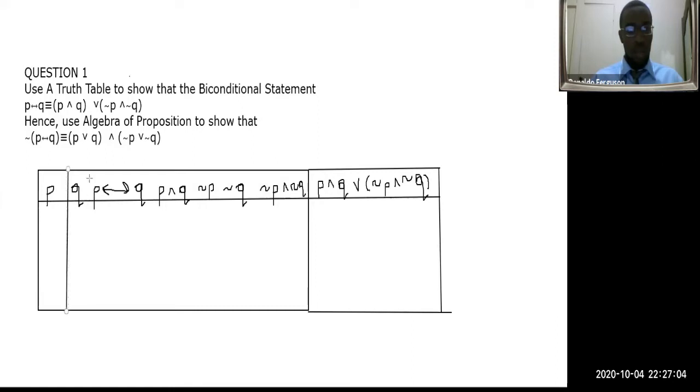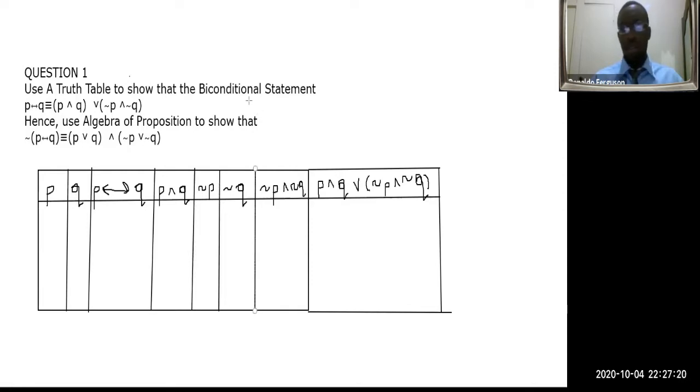One line right here, one right here, one right here, one right here. Then we have not P, then we have not Q. Boom, boom. So we're done now. So right here, now we have P and we have Q. And so we want